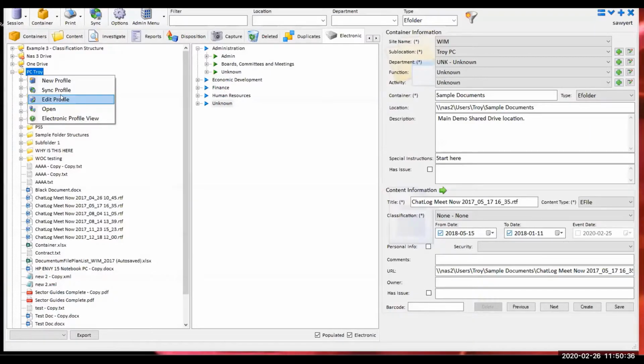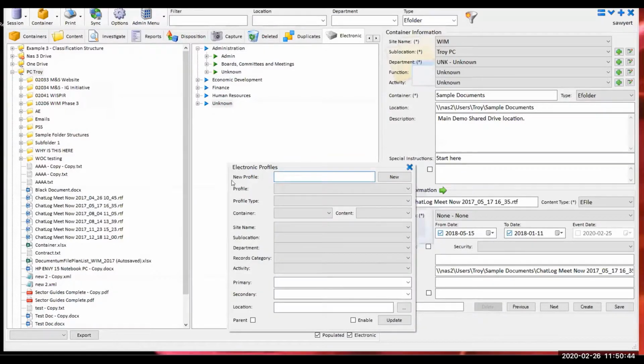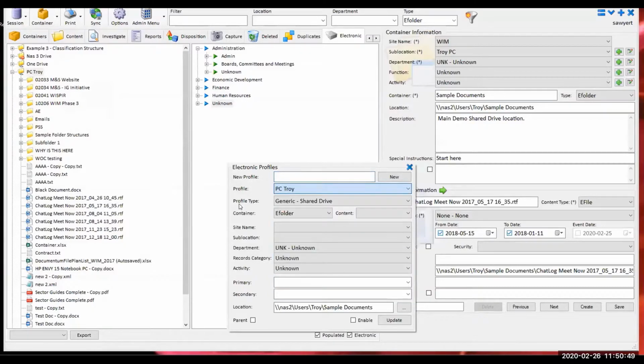So I'm going to look at the actual electronic profile and what we've set for this one. I've right-clicked on this. We can go to Edit Profiles. We also have it in our admin menu for our electronic profiles. So let's look at that particular one I was looking at, PC Troy. And what I've done with this is I've assigned some default metadata coming from this. I know that this is coming from my NAS or this is coming from my PC. So I've actually said anything we're syncing in from this electronic profile, let's say it's coming from the shared drive,